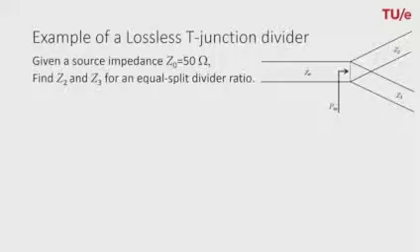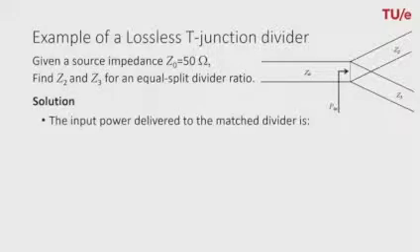For a given source impedance Z0 of 50 ohm, let's try to find the output characteristic impedances of the transmission lines if we require an equal split divider ratio. Well, the solution is that first let us take a look at the input power which is delivered to the matched divider. The input power can be simply found from the voltage across the interface and the characteristic impedance of the transmission line,